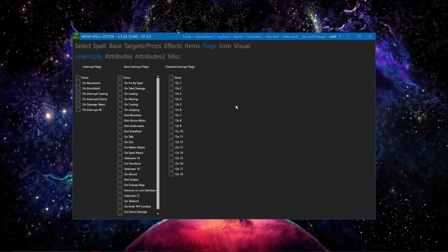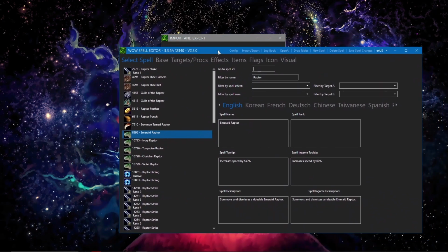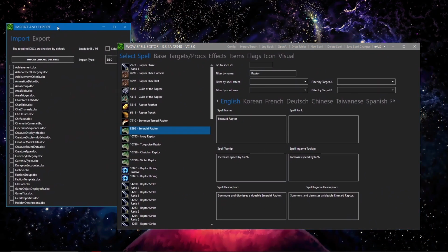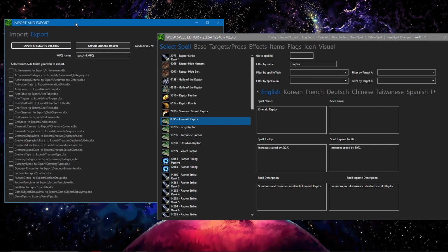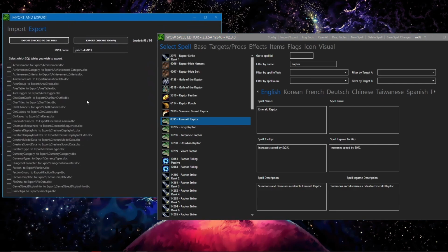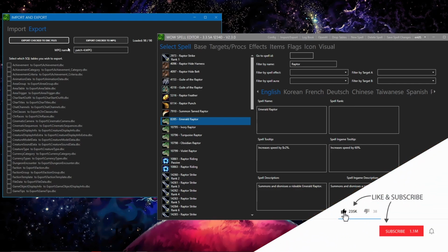And all you gotta do now is just click Ctrl S to save it with a hotkey, or you can just click up here and you'll see it saved the spell. And that's all we had to do in the spell editor. So now what we want to do is click the import export. You see the window here. Go to export, and now you will, depending on how you wanna do everything, normally you need to export the